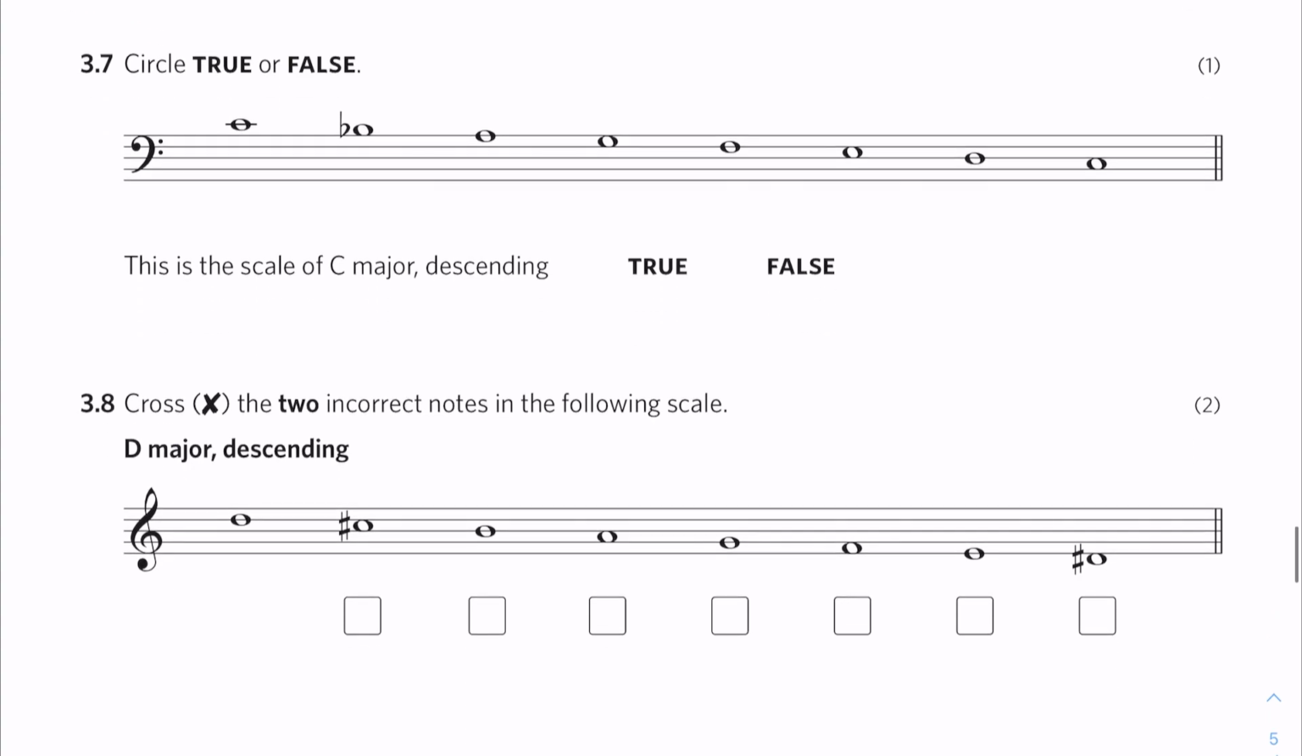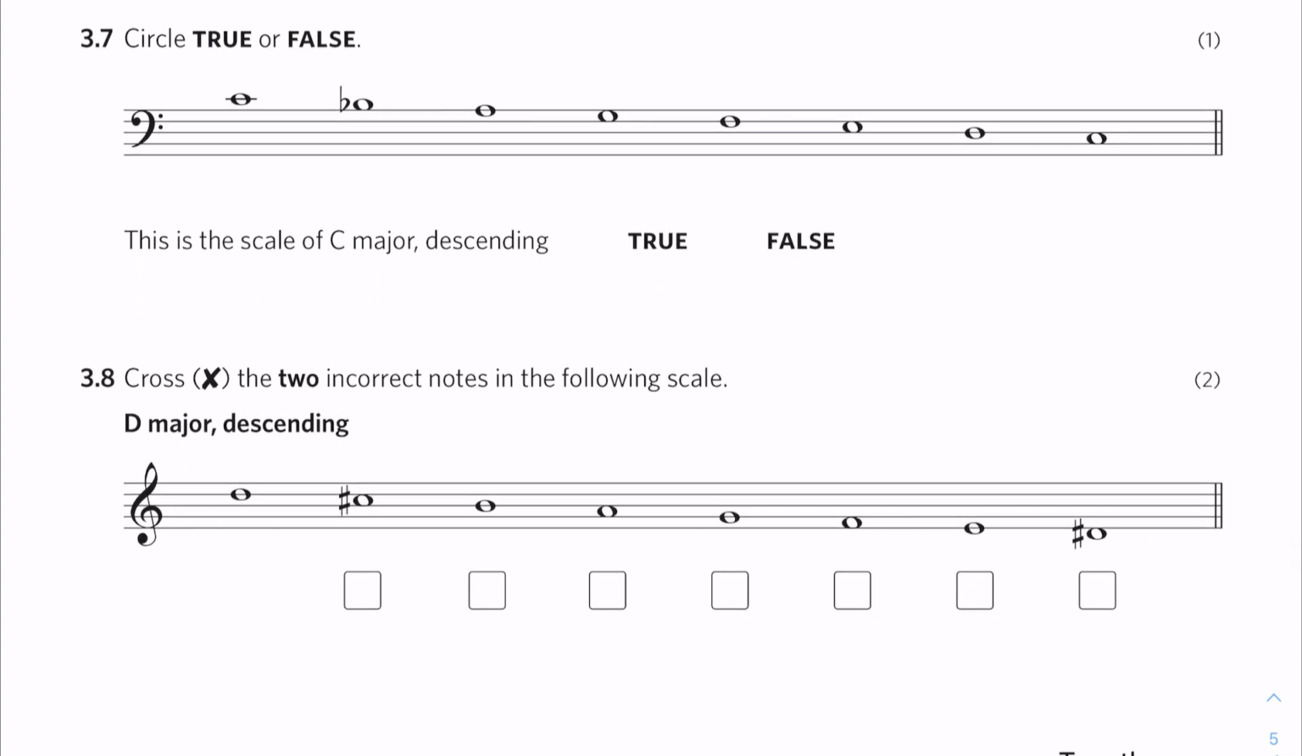Next question, 3.7, circle true or false. The statement is, this is the scale of C major descending. Descending means going down, okay? This is in bass clef. In bass clef, the top ledger line is middle C. So C, B flat. Now if you find it difficult, just write down C, D, E, F, G, A,